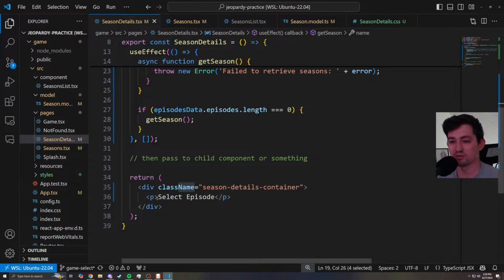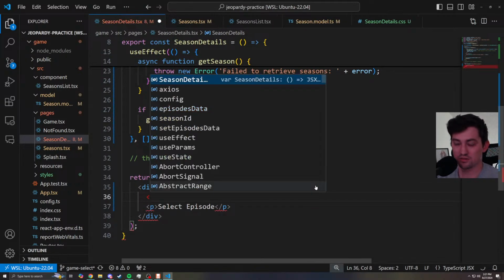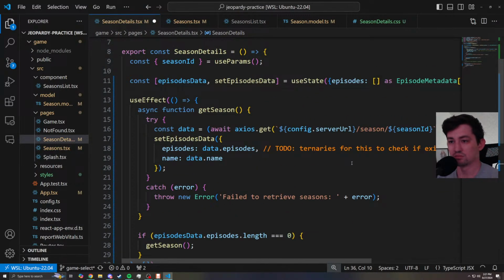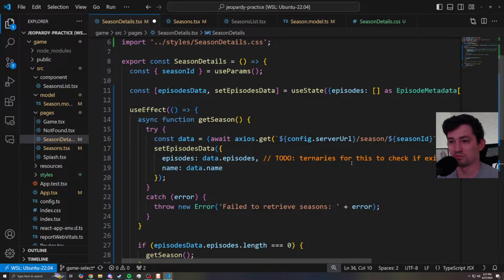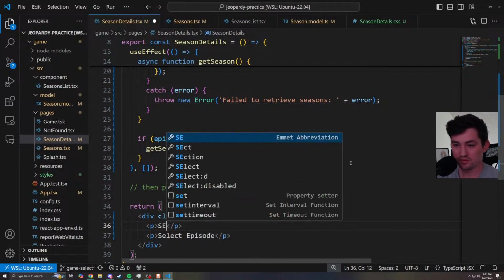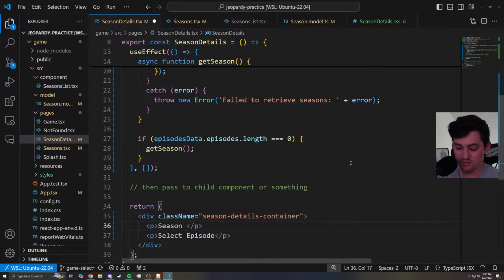So like we use that. How do I add in a variable here? Can I just do this? Season,